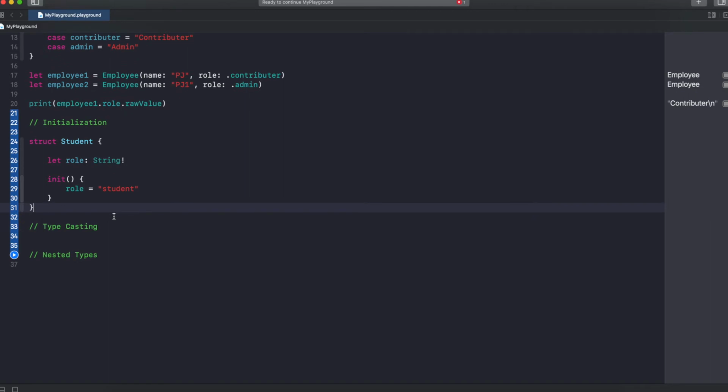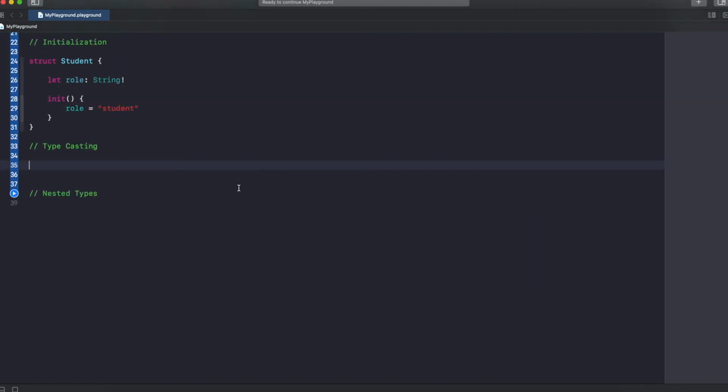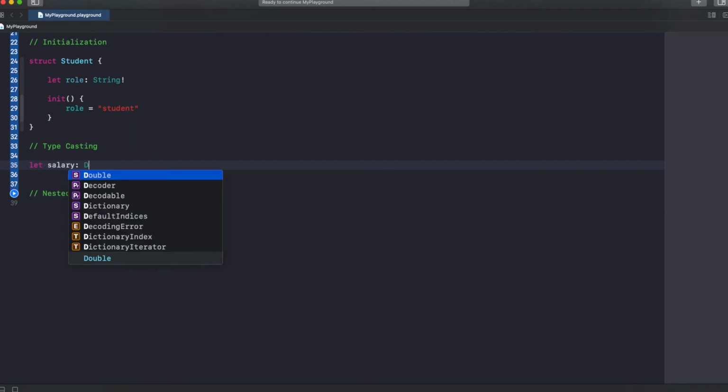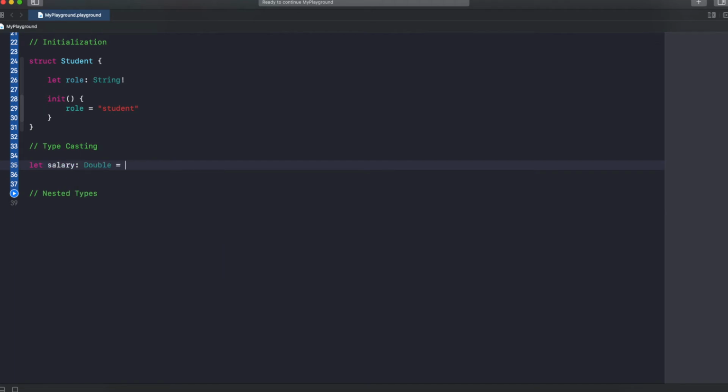Next one is typecasting. Typecasting is nothing but checking the type of an object, or trying to cast from a class to a superclass or to a subclass. So let's say we have a salary, which is of type double, equal to 50.0, and I want to check the data type of this salary.